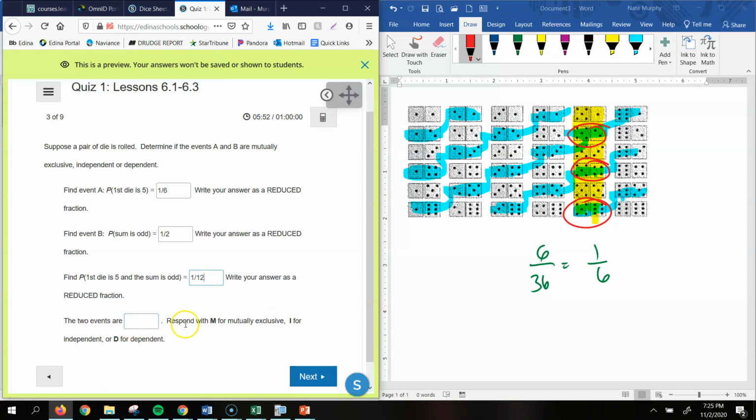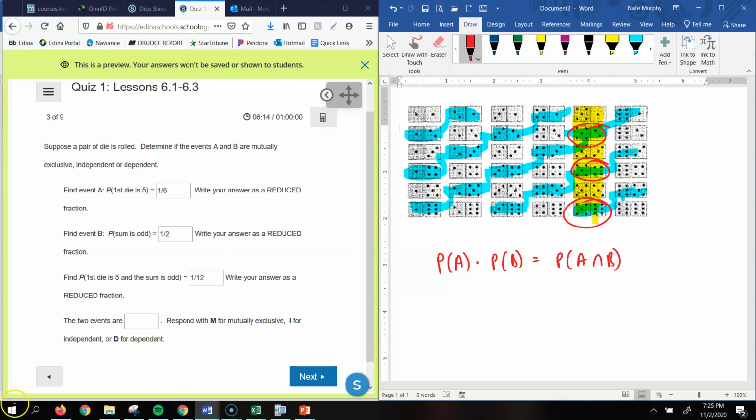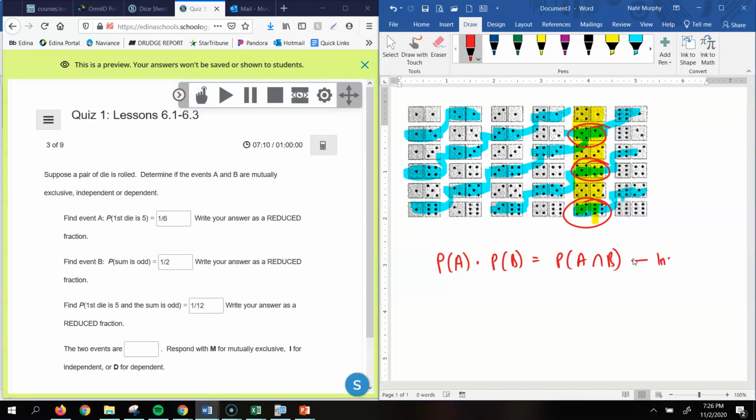All right, we know that they're not mutually exclusive, because if they're mutually exclusive, there would not be overlap, and clearly there's overlap here. So now to be independent or dependent, to figure that out, we're going to use that formula. Remember, that's the probability of A times the probability of B equals the probability of A and B happening at the same time. Then they are independent. I'll just abbreviate that IND. So they're going to be independent if probability of A times probability of B is the same as the intersection